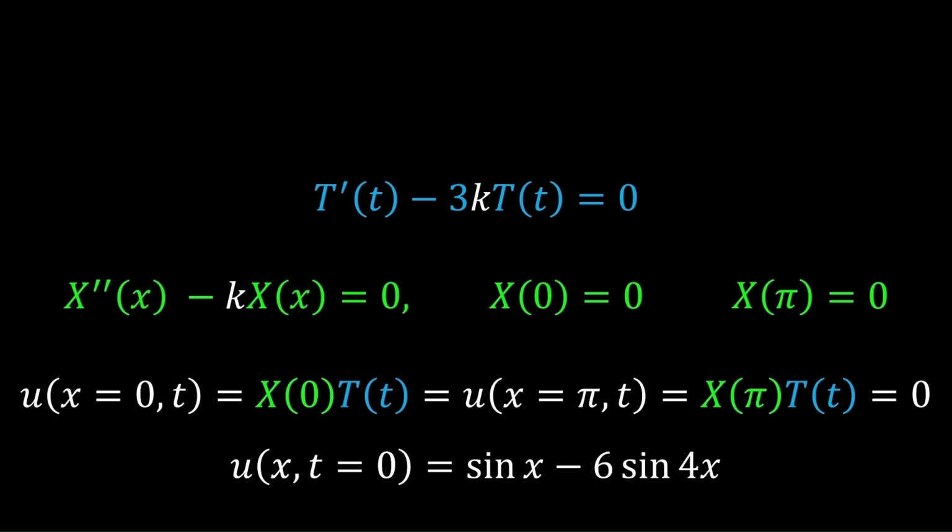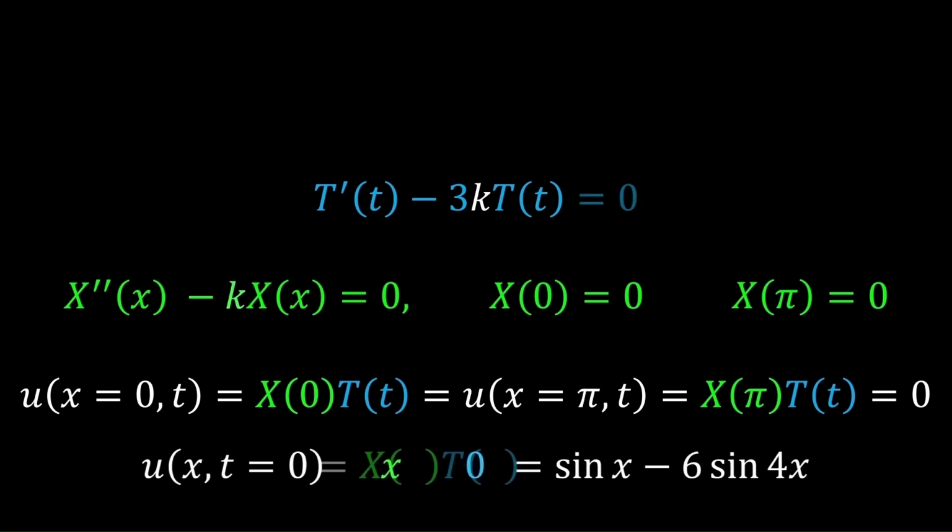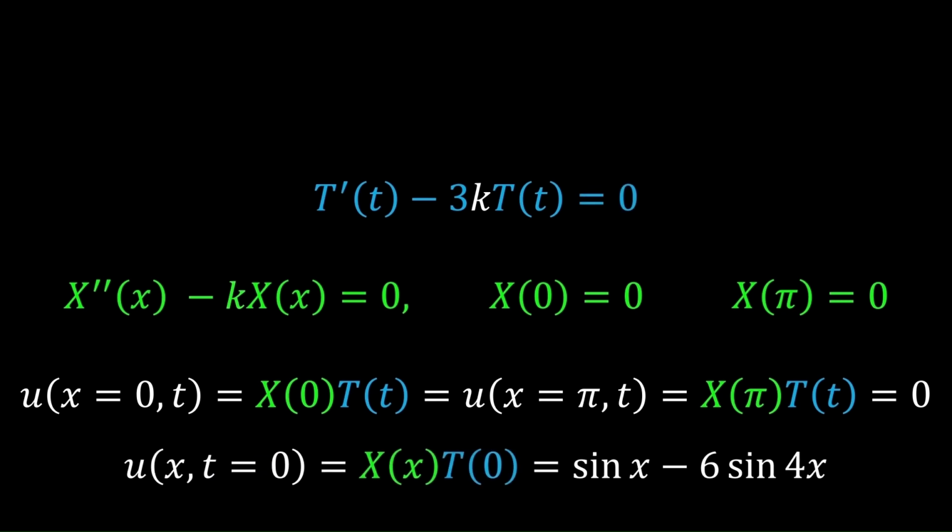Next, we can move on to writing the initial condition, u(x, t=0), in terms of capital X and capital T. Again, x will only influence capital X, and t can only influence capital T, which means we end up with X(x) times T(0) is equal to sin(x) minus 6 sin(4x). Now this initial condition is not as friendly as the boundary conditions since the information about the function at t equals 0